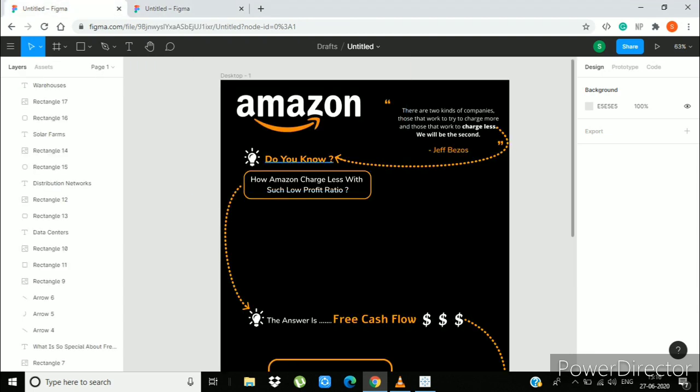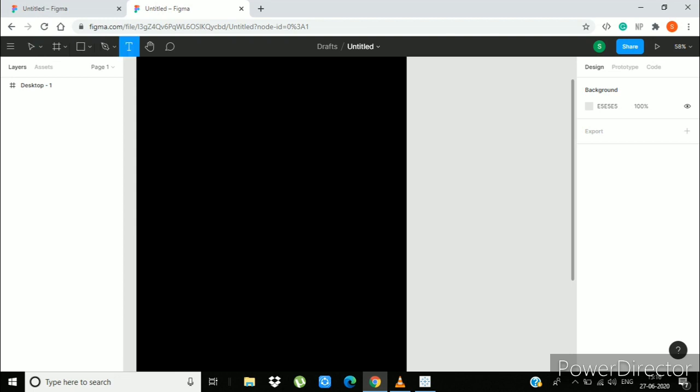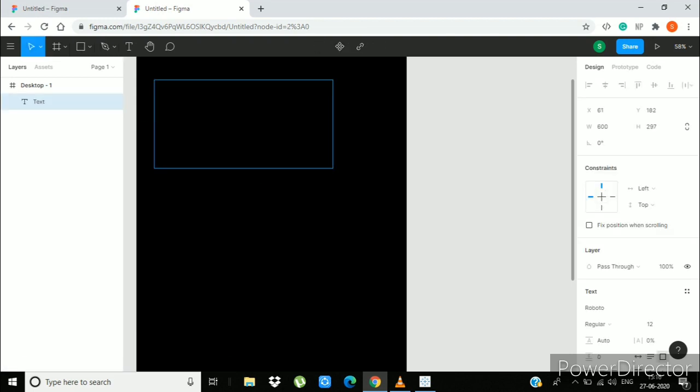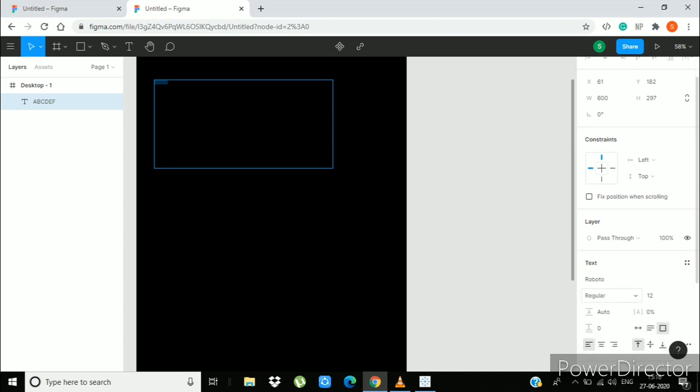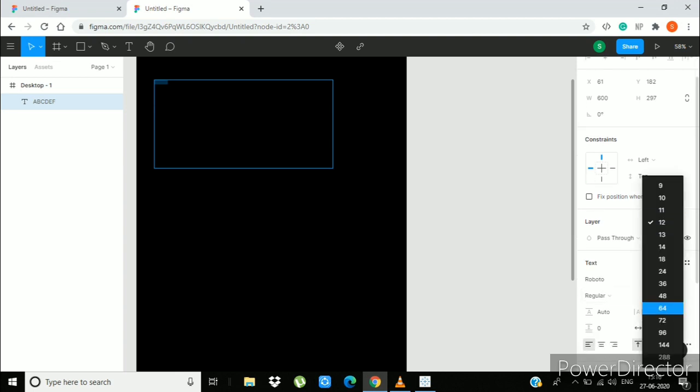Now I will show you how to add text to this frame. Click on T and create a rectangular box. Type whatever you want in it, select it, change the font.